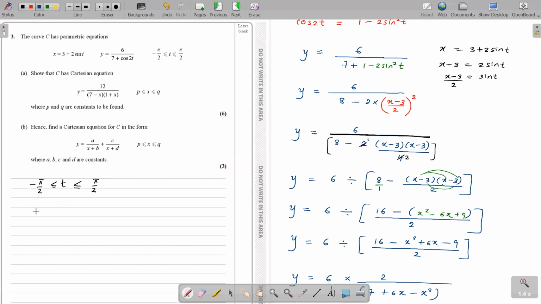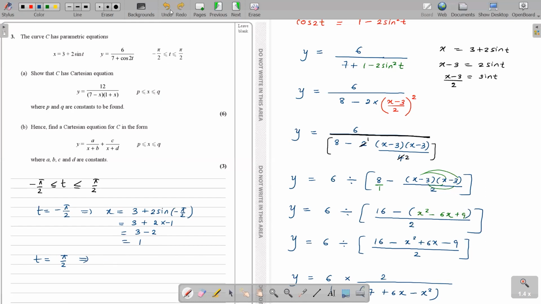So when t is minus pi over 2, I get x equals 3 plus 2 sine minus pi over 2. Sine minus pi over 2 is minus 1. So 3 plus 2 into minus 1, which is 3 minus 2. 3 minus 2 is 1. And when t is equal to plus pi over 2,